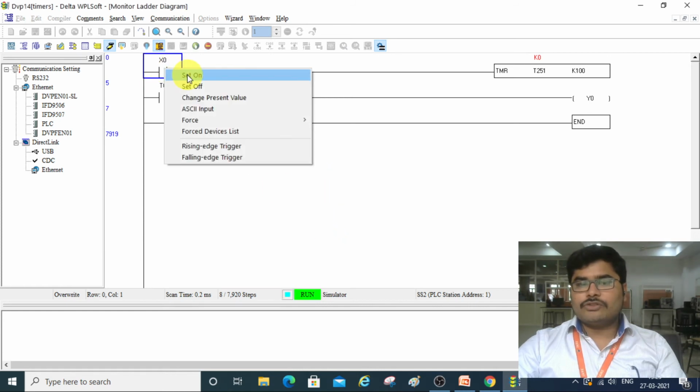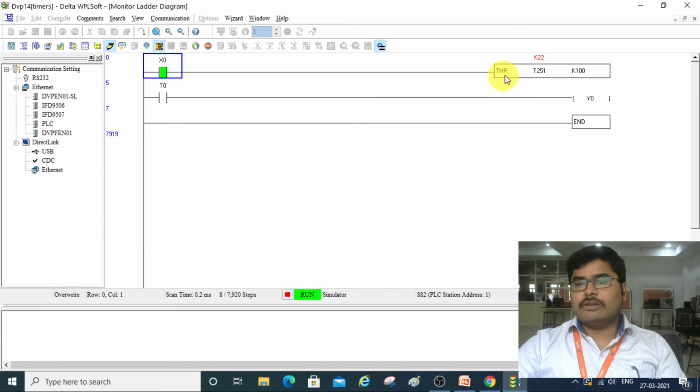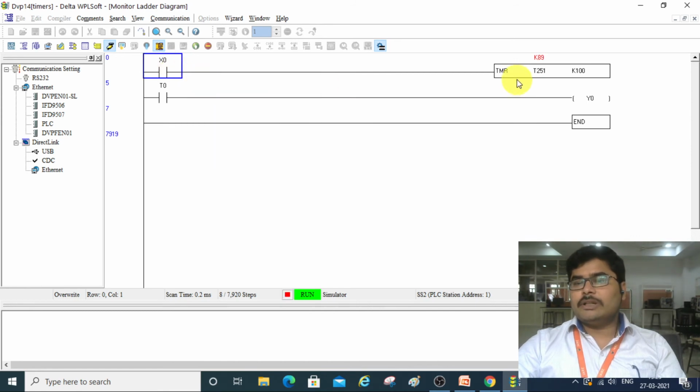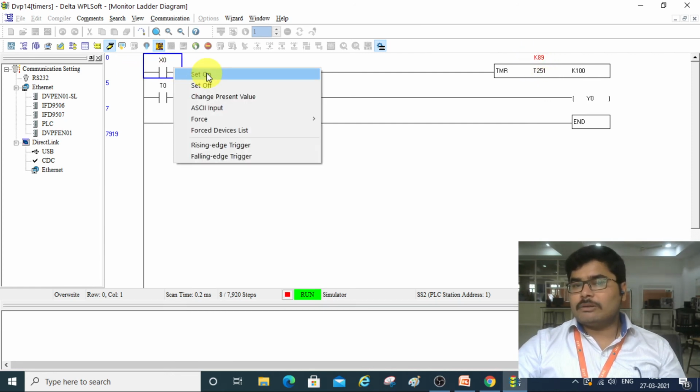So now I am switching this on. Whenever you switch on the switch, this timer will get the supply and it will start counting the value. After some period of time, if the supply to X0 is off, what happened? When X0 is off, the timer will not get the supply. Now here the count value is 89. So it is not coming back to 0. When the supply to the timer is off, it will retain the count value here. Once you get the supply, that means when X0 is on, it will start counting from 89.